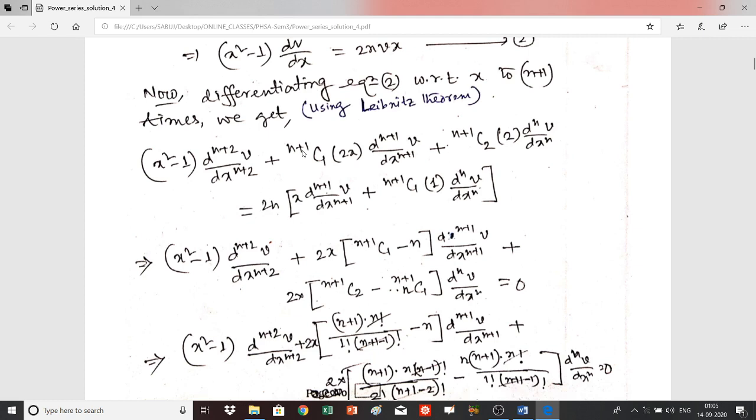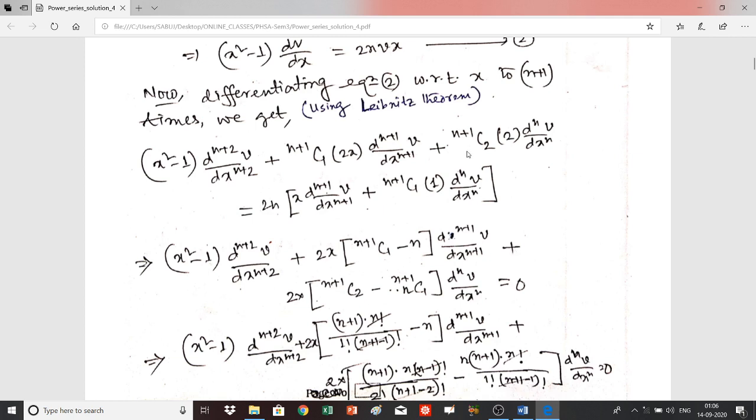So here the remaining part is (n+1)C1, and minus from this I have taken this term to the left hand side. So here the remaining part of this term will be minus of n, and this whole term will be multiplied by d^(n+1)v/dx^(n+1), and then plus